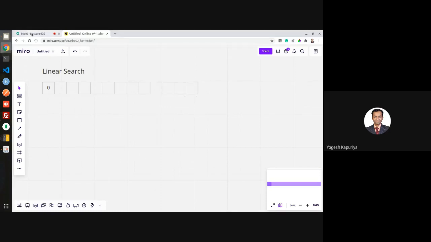First, you need to understand what searching basically means. You have been given an array of numbers. So let us say this is my array of numbers.